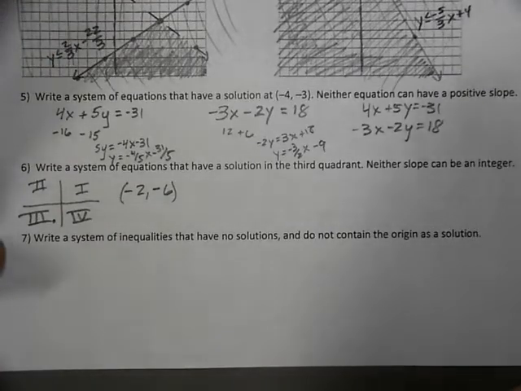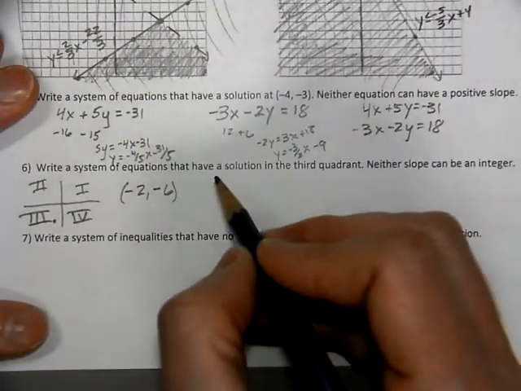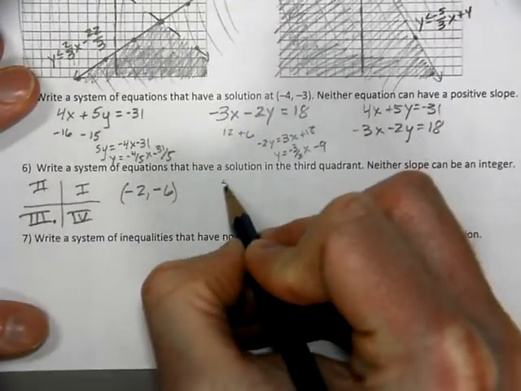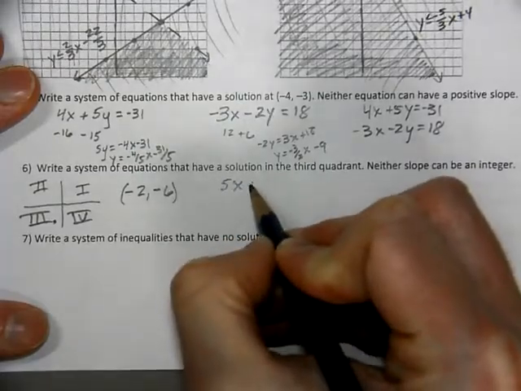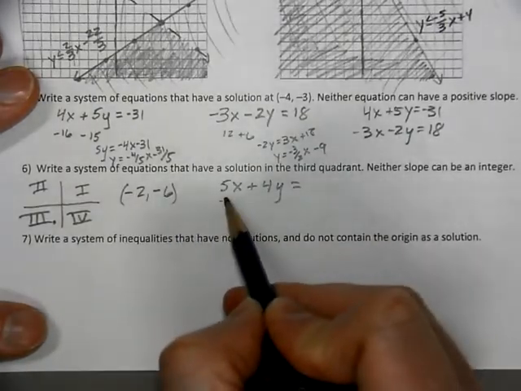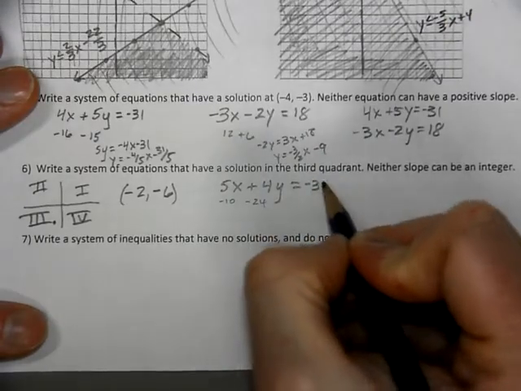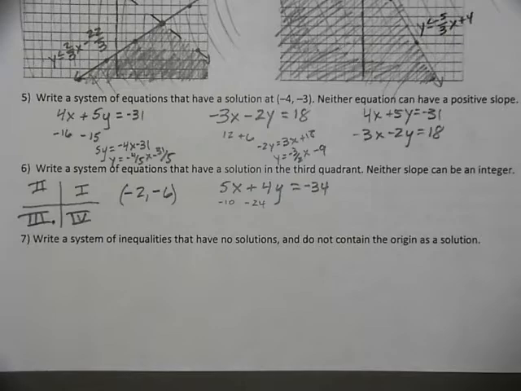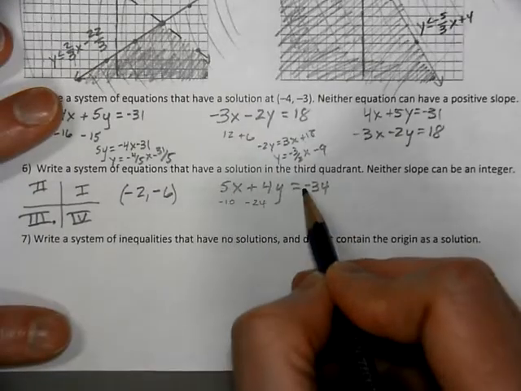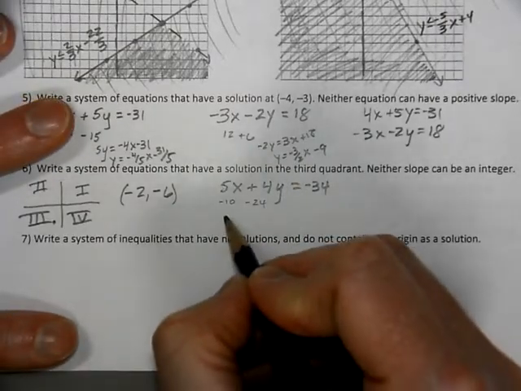Well, that's a little bit easy, not too bad, because you just got to make a coefficient to your x, which will typically work out. So we'll try 5x plus 4y, so that gives us negative 10, gives us negative 24, which is negative 34. And by subtracting the 5 and dividing by the 4, we get a fraction. And also